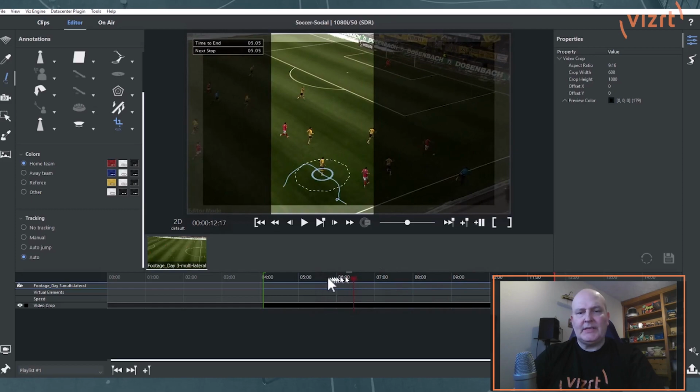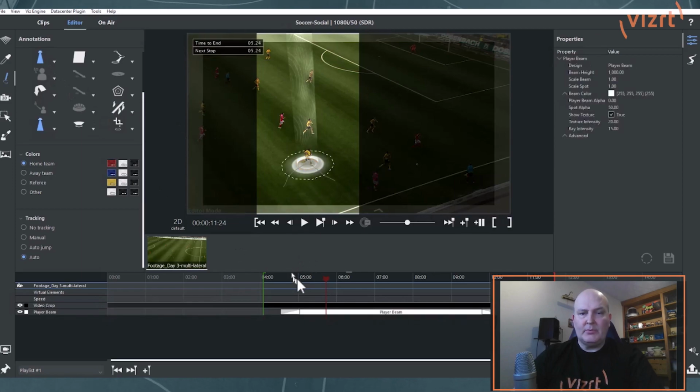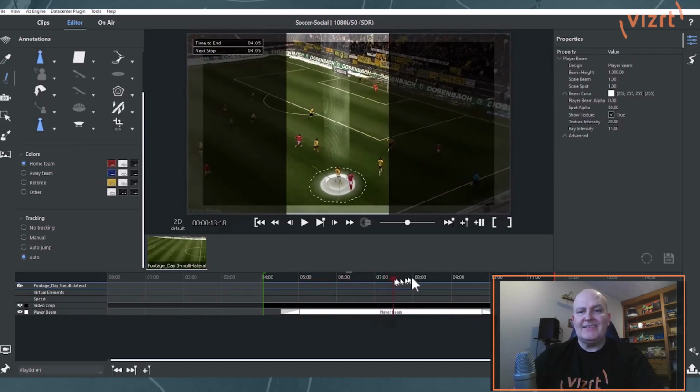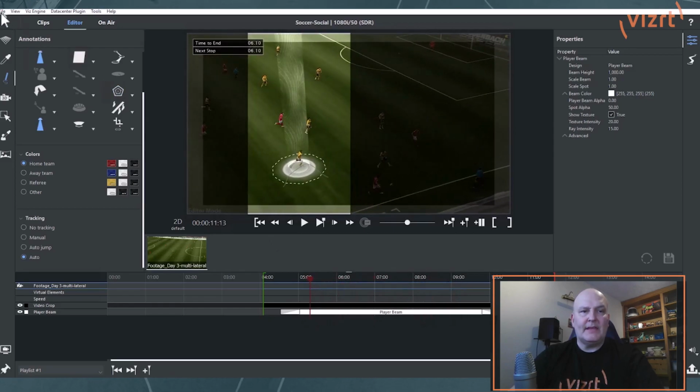When I track back, you can see that the actual tracking is done all the way through, and the cropping is done accordingly. And now if I wanted to, I could also add another tool to it. So I could add something like the highlight, for example, and then we're tracking, highlighting this player, and at the same time we could create then an output in the same way.